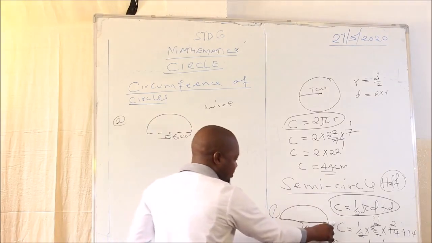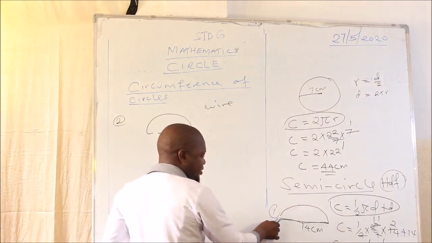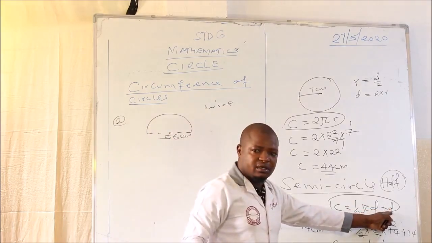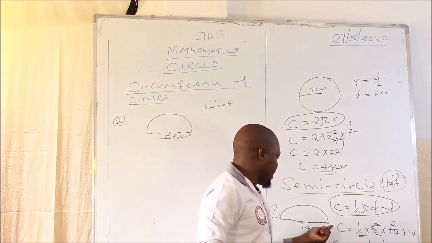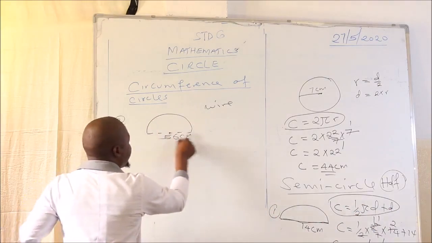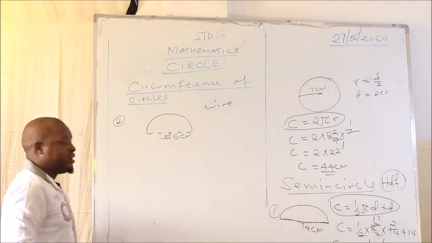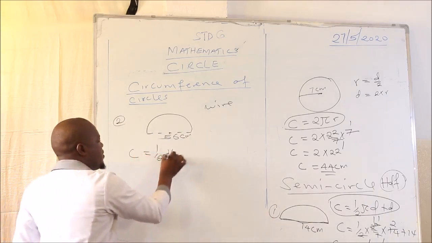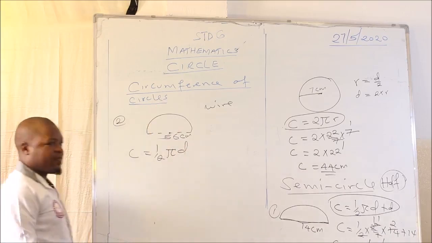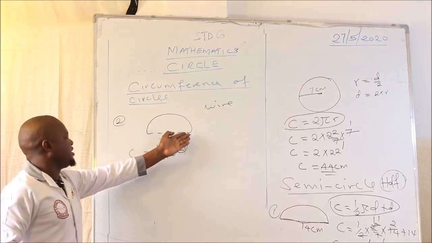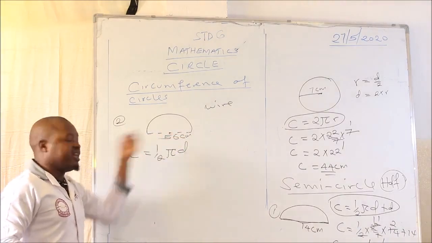From here up to this point, then we cover this distance up to this point. That's why we come to add the d, because we are covering this distance. But in this case, here, there is nothing in between. Therefore, the circumference of this one will be a half pi d. A half pi d, we don't add d because in between here there is nothing.